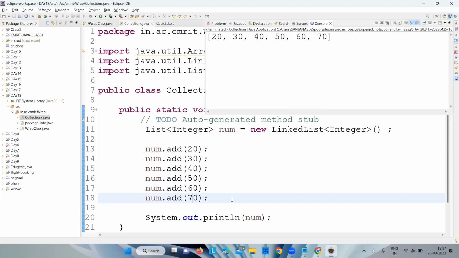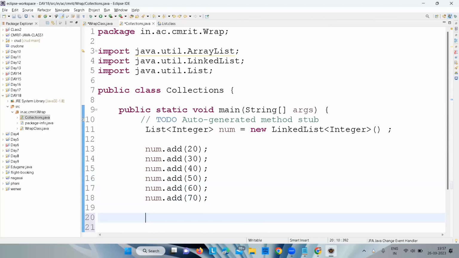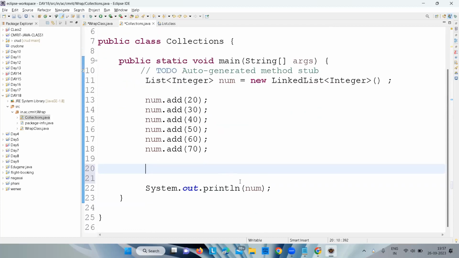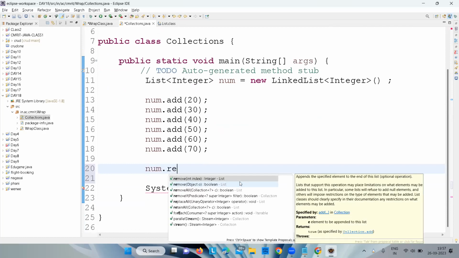So it returned me my list. So what if I want to remove some elements? To remove some elements, we say just remove,